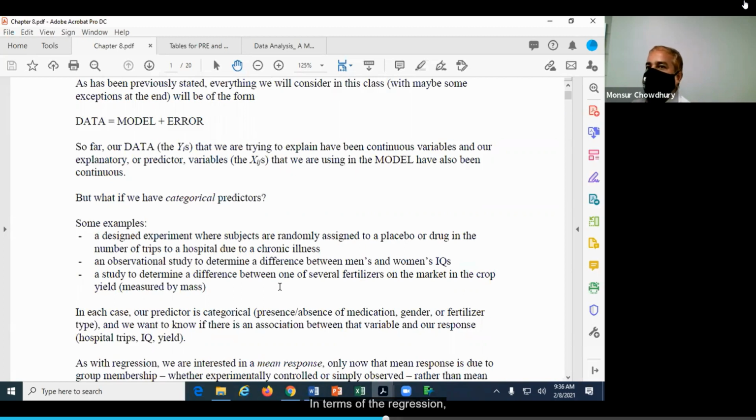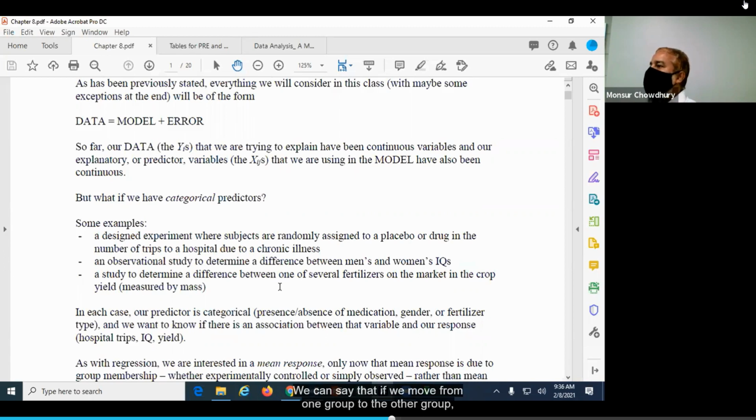So what was the idea behind this ANOVA? In terms of the regression, we fit a model. Here we are also going to fit a model, but the interpretation is different. In regression we say that for a unit increase in X, what is the average value of Y? But in ANOVA we don't have unit increase because this is not a continuous variable.